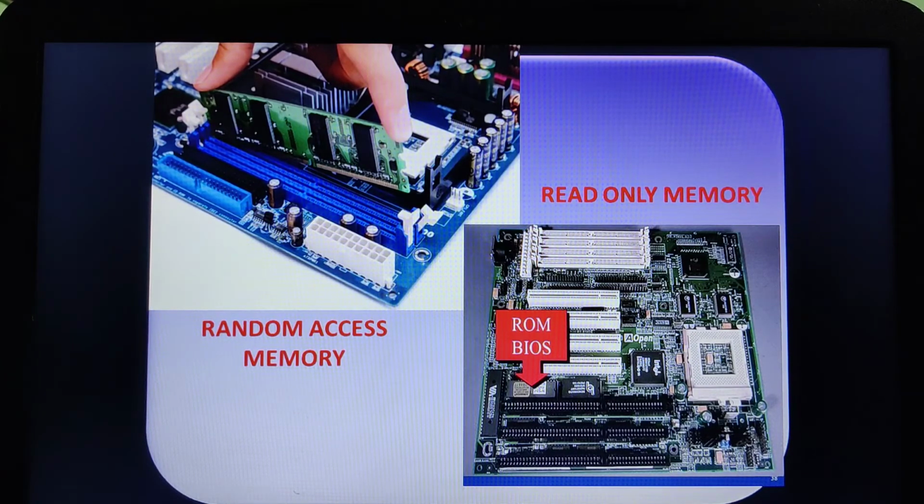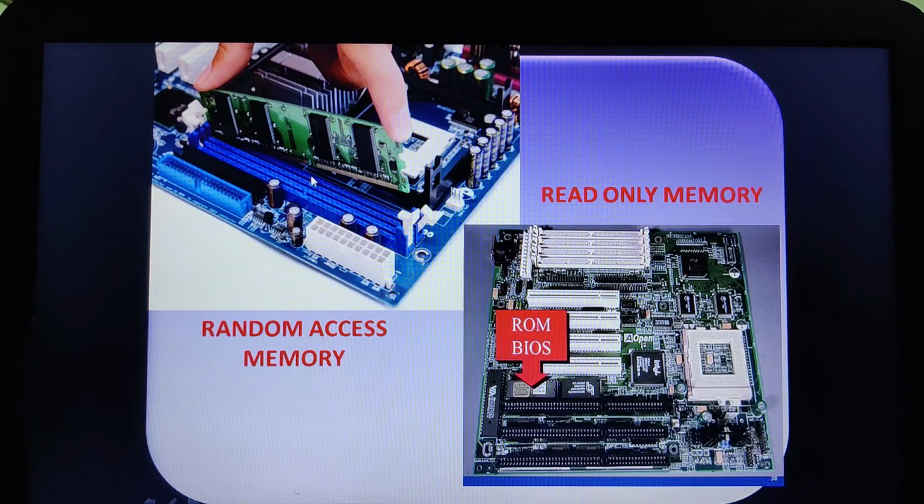It stores the information as long as it is being supplied with power. It will retain the information stored in it until and unless you keep the power supply on, as compared to the dynamic random access memory, which will start losing its information in a very short period of time, even when the power supply is on. That is why, in order not to lose the contents, you need continuous refreshing in the dynamic random access memory. But in case of SRAM, it is not so. Until and unless you keep the power supply on, all the contents will be there. It will not get erased.